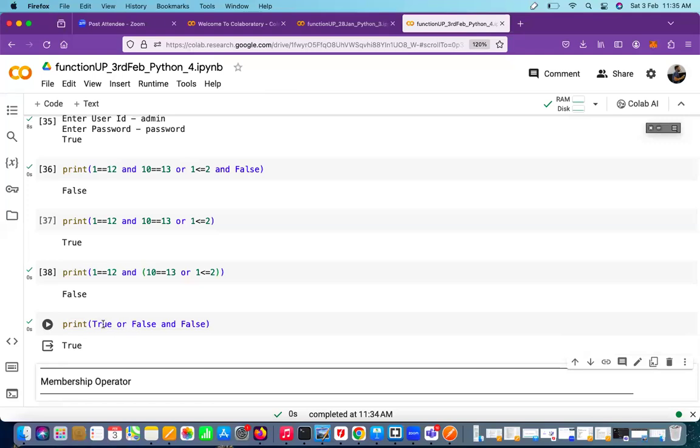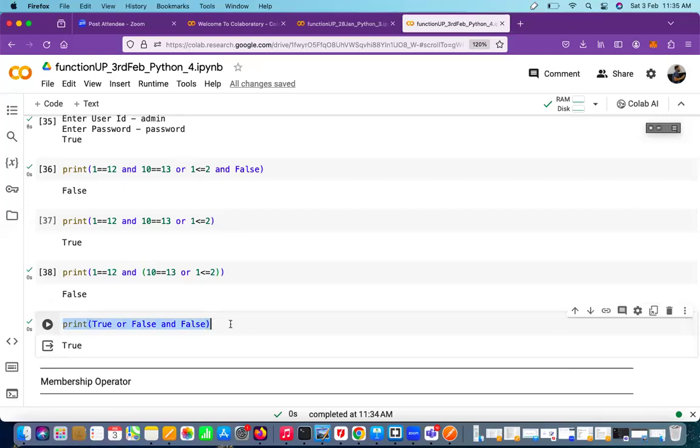Okay, yeah, right. You have not set the priority over here. So if you set the priority like this, true or false should be true. Sir, by default, it goes from left to right, right? No. I'll show you, just a minute. If you write this, false and false will be false, and thereafter it would be